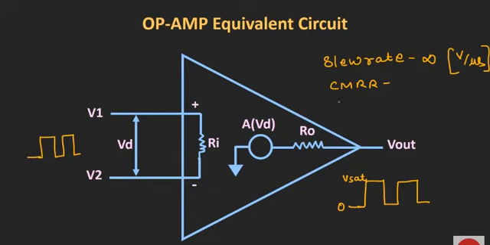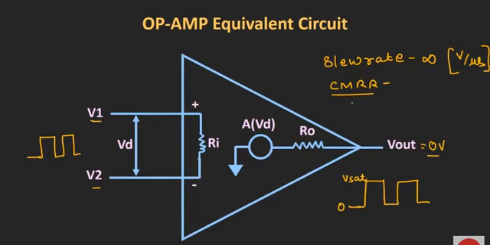Then there is another parameter which is known as the common mode rejection ratio. So let us understand very briefly what we mean by this common mode rejection ratio. We will talk more about it in a separate video. So let's say we are applying the same input voltage to V1 and V2, then the difference between these two voltages will be equal to 0, and at the output we should get 0 volt. Likewise, when we are applying different input voltages V1 and V2 to this op-amp, then at the output the difference between these two voltages will get amplified by a certain amplifier gain.